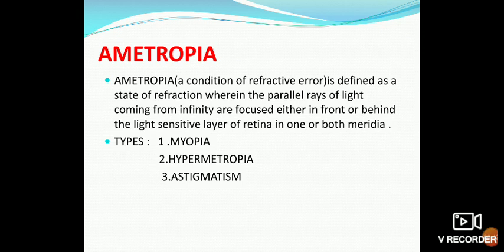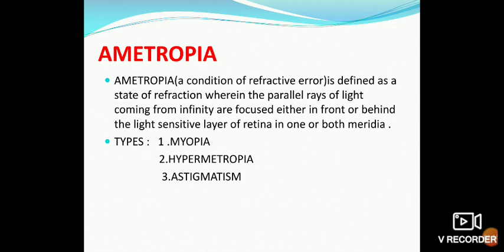So directly we will start with our lecture. In the last lecture we have seen the optics of the eye. So in this lecture we will start with the refractive errors. In the last lecture we have seen the light, properties of light, various natures of light, what is dual nature of light, what is mirror, what are lenses, what is reflection, what is refraction, what is total internal reflection. Okay, so all this was seen in the last lecture. Then we have also seen how the refraction occurs through a prism.